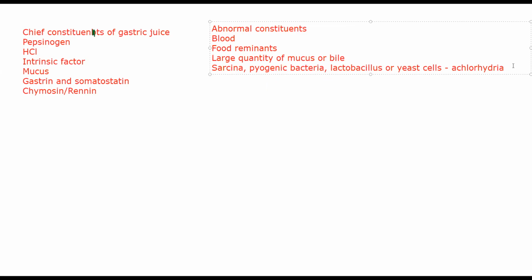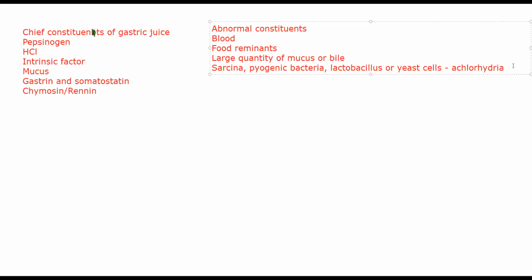HCl is not just important in digesting food, it is also helpful in triggering hunger, and in killing bacteria and pathogens present in the food that you are eating. That is why the pH of the stomach is very low, because HCl is pretty concentrated, and it has a protective function as well. If HCl is not being secreted properly, pathogens will start proliferating in your stomach.